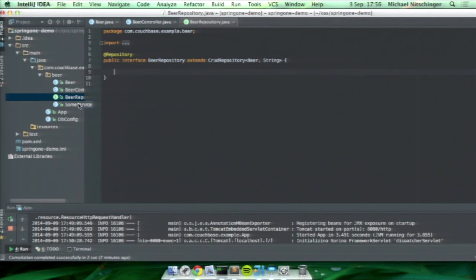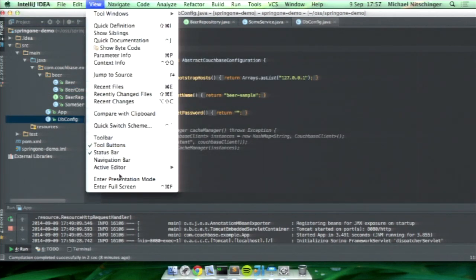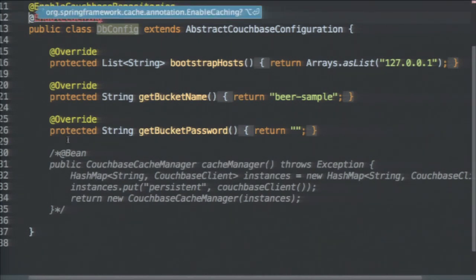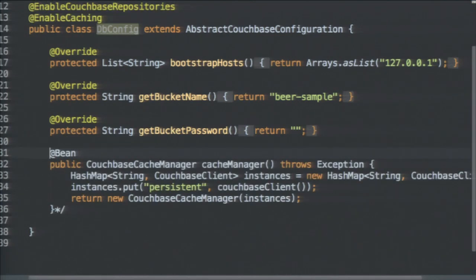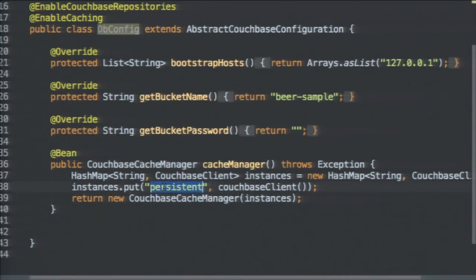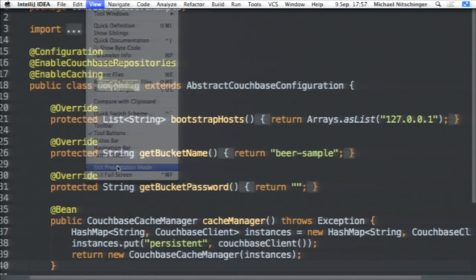So since I think I'm running a little bit out of time, what I wanted to show you finally is the cacheable annotation. In our config, we just say enable caching, and we configure a bean of type Couchbase Cache Manager. And we name our cache persistent. And in our code,